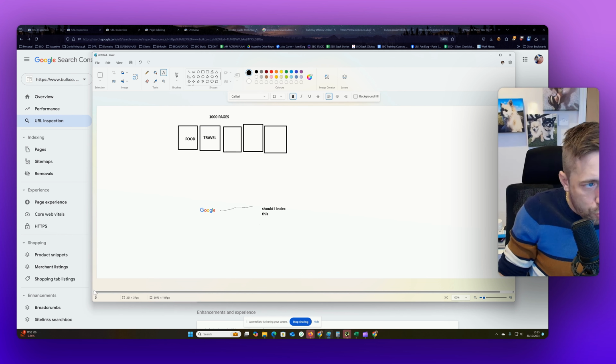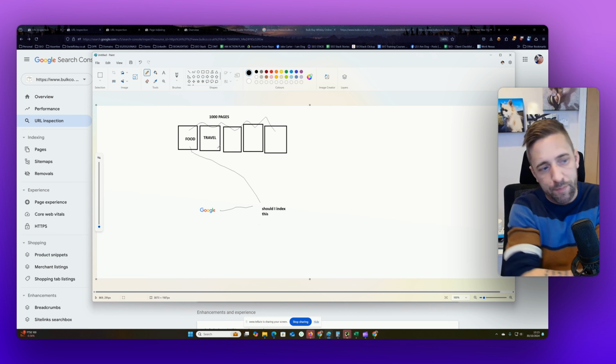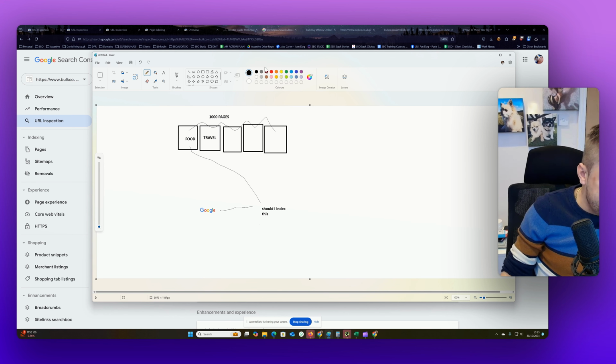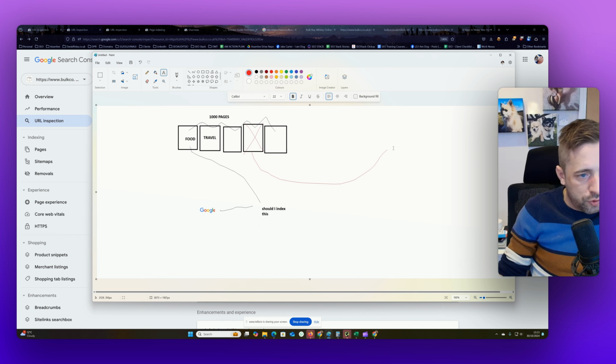So Google will come along, okay, and it'll come to your website and it will go to that page, and it will see your nav, and it will go to the link there, and the link there, and the link there, and it will follow links, and it will crawl through your site. As it goes through, it might go, here's our 4 ways to freshen your home article. No, that's just garbage. Okay, so it's discovered this as it was crawling. So this URL will go under the definition of crawled,